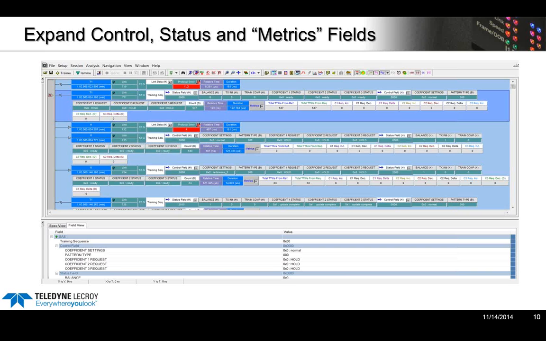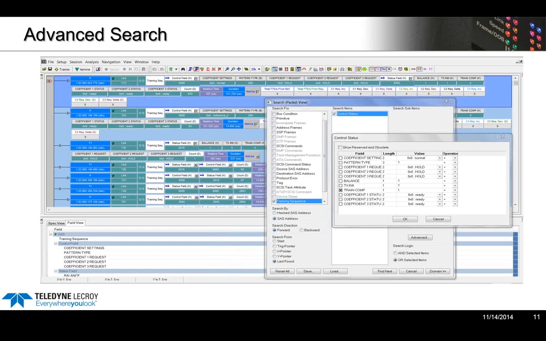So what I've done here, going back to our search menu, training sequence, click on the Advanced button, and this control status dialog pops up. And if I check train complete and push the Find Next, that will cut to the end of the training sequence essentially. And then if we look at the metrics at this point,